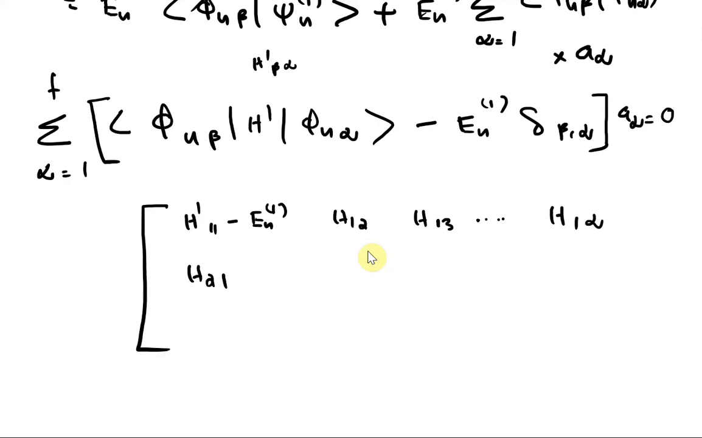H21, H22 minus E_n^1, etc. H2 alpha, and finally you will be having H_ff, right, the last component, and somewhere you will be having other terms. Okay, so you'll be having a matrix like this when you're doing the problem,